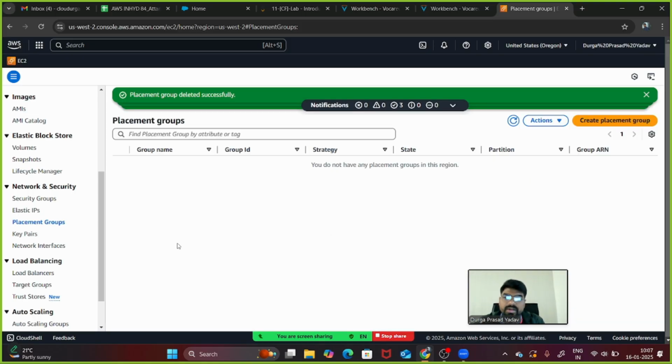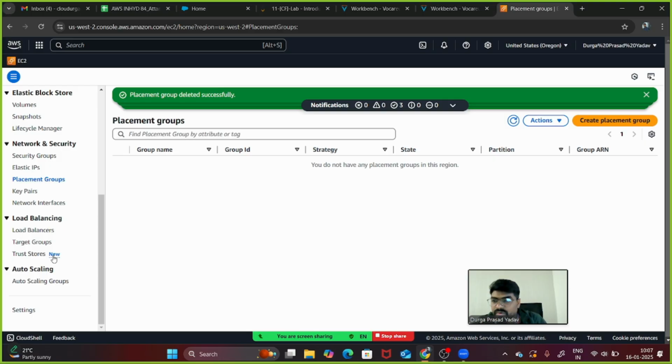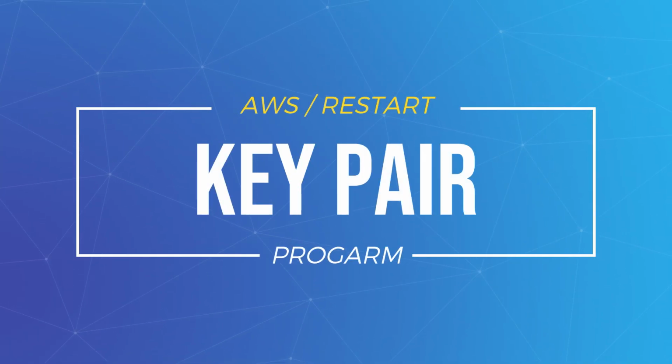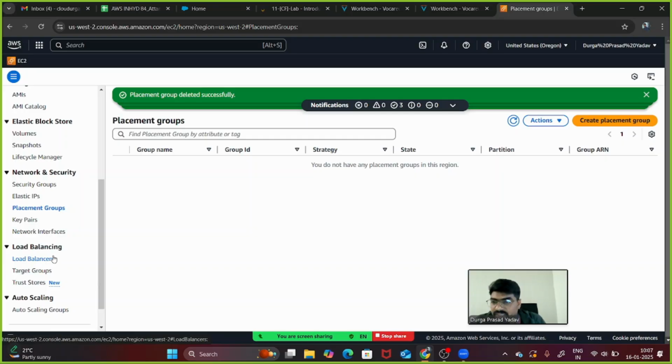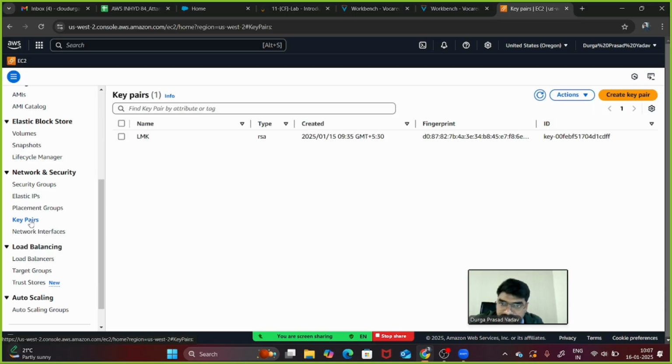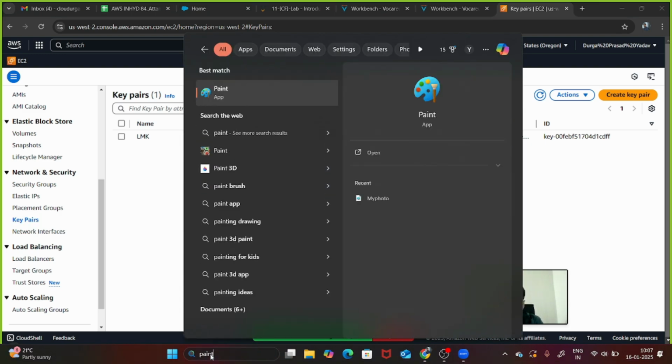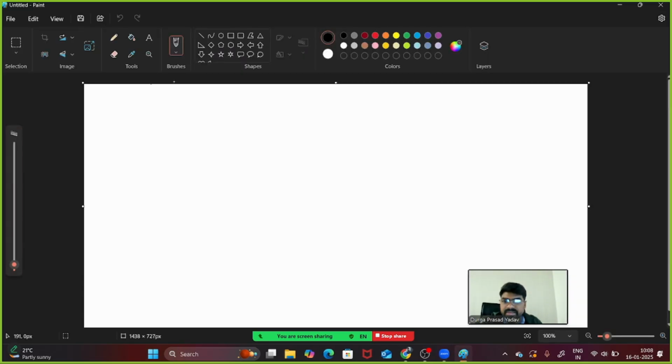If you understand the placement group, you can tell me that you understand, so that we can go to the key pair. Alright guys, key pair. Key pair is another feature under the EC2 instance. Guys, when we talk about key pair, it will take only a few minutes to understand key pair. Is my pen screen visible to everybody?